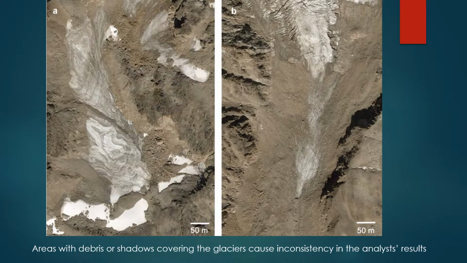And here is an example of an area of the glacier where there are some issues that can cause differences in how each analyst will digitize the outline. For example, on the left image, there is debris and soil covering much of the glacier, which can make it difficult to determine the outline. And on the image on the right, there's a difficulty in determining the terminus or the endpoint of a glacier, so one analyst might digitize it shorter or